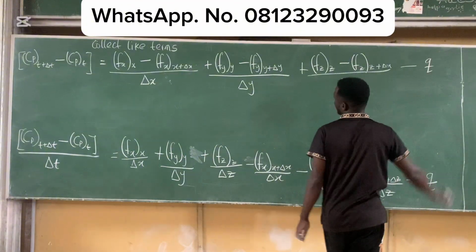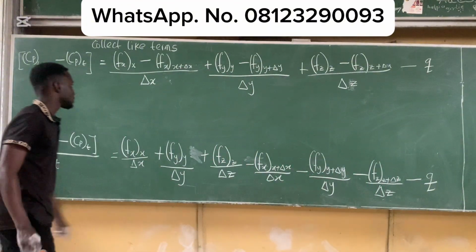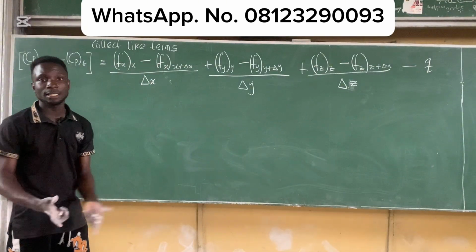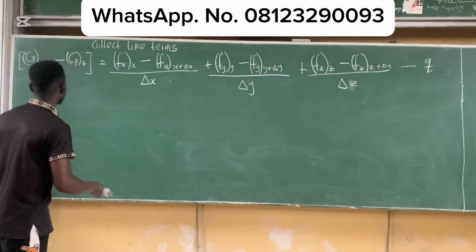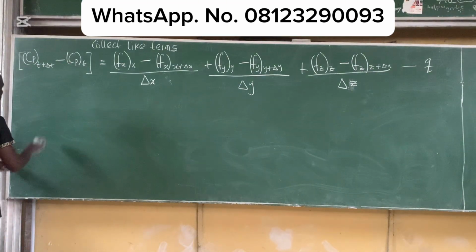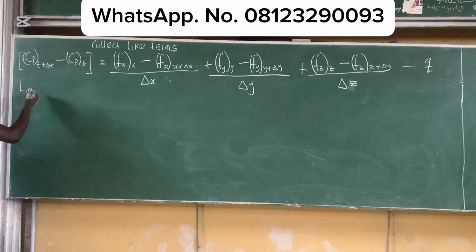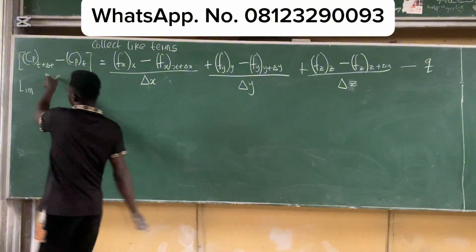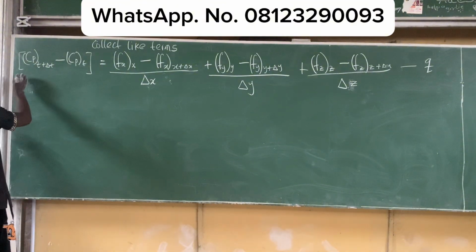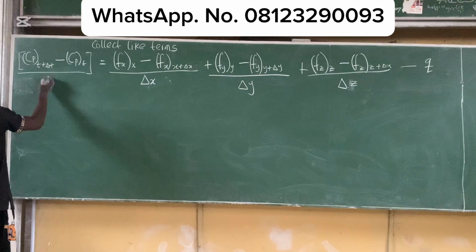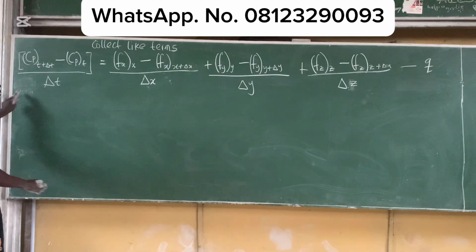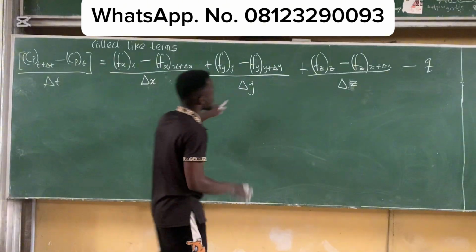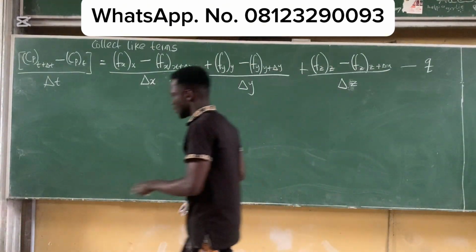Q. So after collecting like terms, the next step now is to take the limit. Limit this one to 0, limit this to 0, limit this to 0, and limit, okay. Remember we divided by delta t, so this is supposed to be divided by delta t. So if we limit everything to 0, limit this to 0, limit this to 0, limit this to 0, and limit this to 0, we are going to have